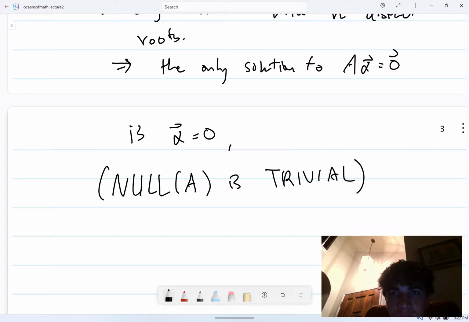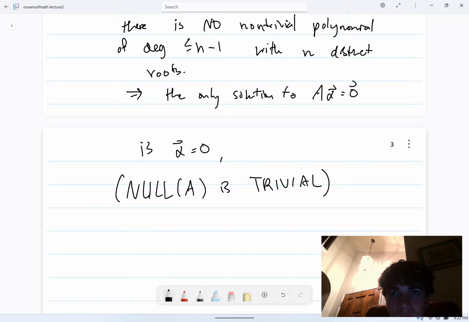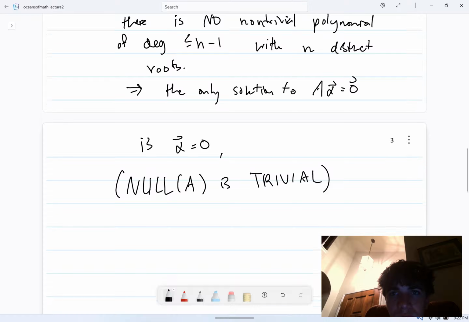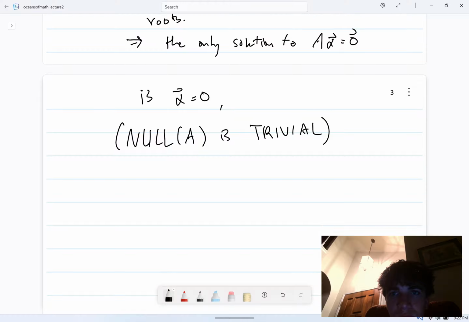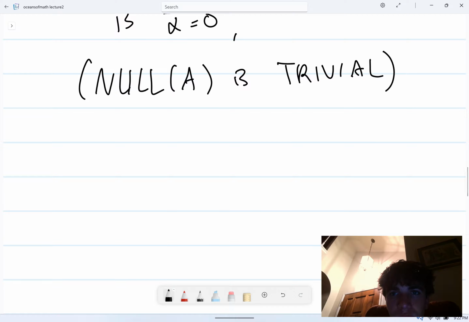Now from linear algebra, we know that if A is an n by n matrix and its null space is trivial, that means that A is a bijection, right? So A is an invertible matrix. Its determinant is non-zero. All of its column vectors span the entire space Rn, or Cn, that we're dealing with here. And so because the null space is trivial, we can figure out that indeed,